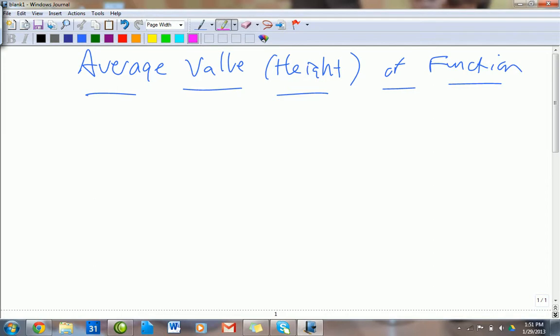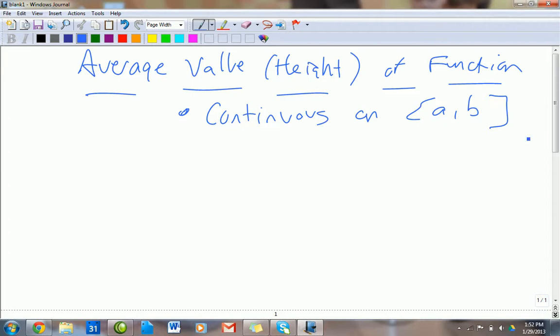So that said, we need two things, okay? Number one, we need a nice flowing continuous function, especially on some closed interval. I'm going to find an average value of a nicely behaved function from A to B, right? So in order to do so, here's a nice little rule. So average value, or height, y value,